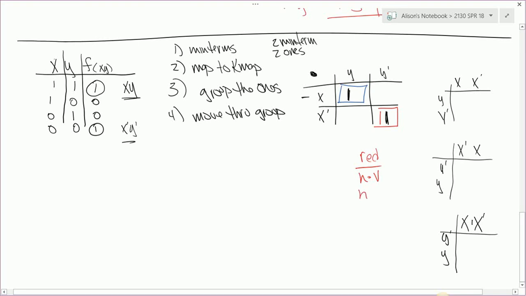So if I move through it horizontally, that means that I am moving row to row to row. Well, because this particular group never changes rows, the row that it happens to sit on is going to be X naught. I'm looking for values that remain the same and do not change as I, quote unquote, move through a group. Now let's do vertically. As I move through the group vertically, that means that I would be moving from